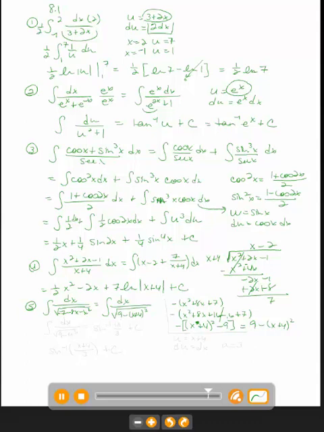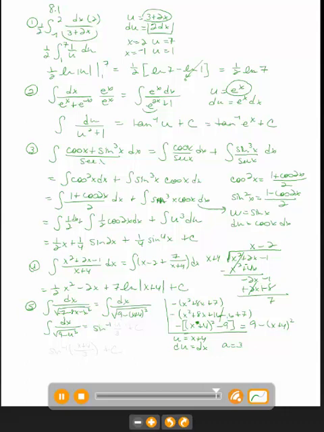We're setting it up to look like an arc sine. In this case, we're going to set the u to be x plus 4, which means du is dx. We also have an a in this problem, so a is going to be 3 because that's a squared. The 9 is a squared. So this turns into the integral of dx over the square root of 9 minus u squared, which then turns into the arc sine,